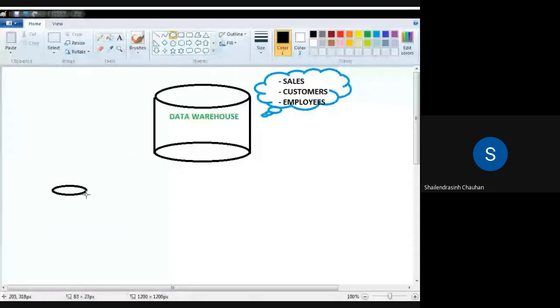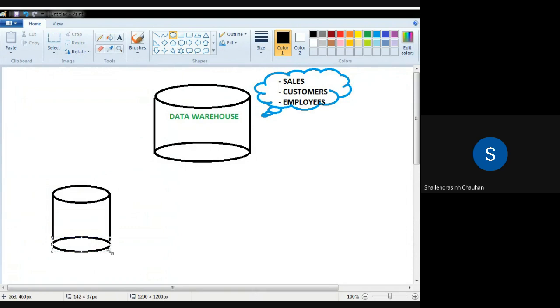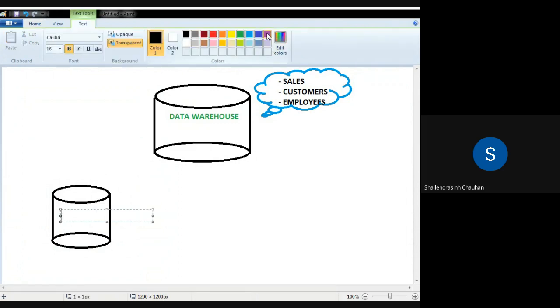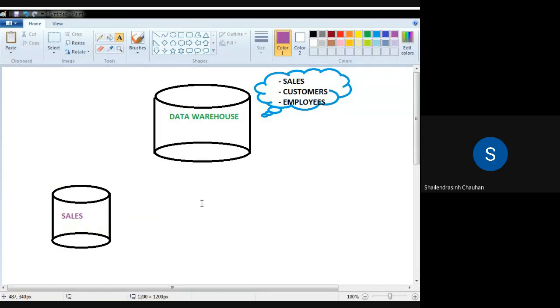So if you want to create data marts from this data warehouse, where you have the data of customers, then products or sales and employees, then you can create data marts like this. This is data mart for, let us say, sales. So here you will only find the data of sales.